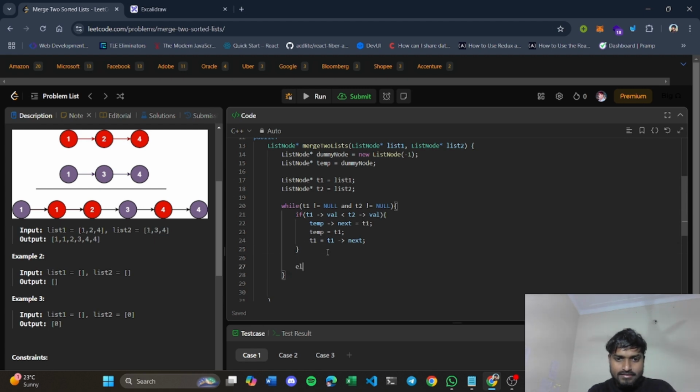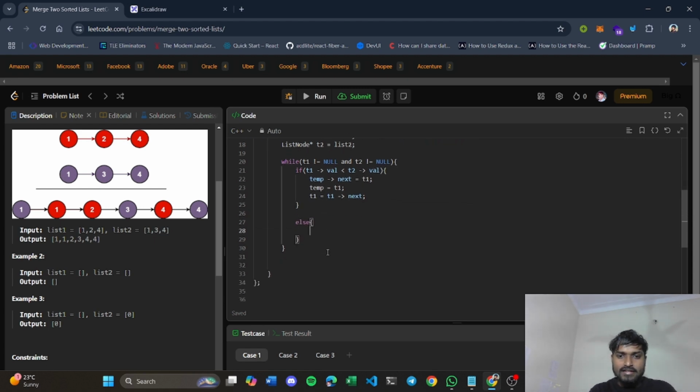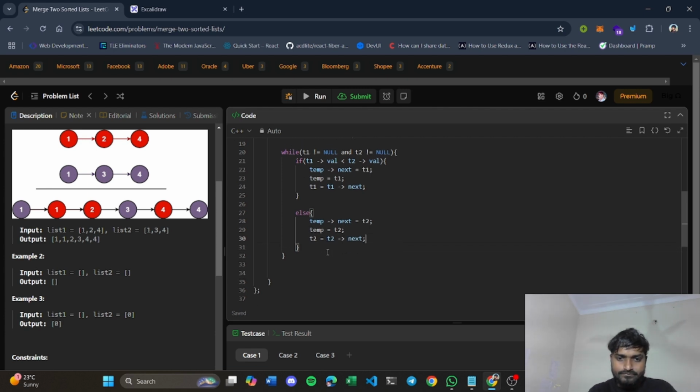Else, T2 value is greater. So you will point your temp next pointer to T2, move your temp pointer towards T2, and again move your T2 forward, T2 to T2 next, right?